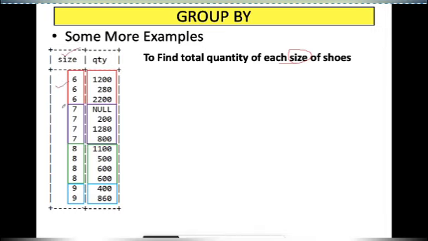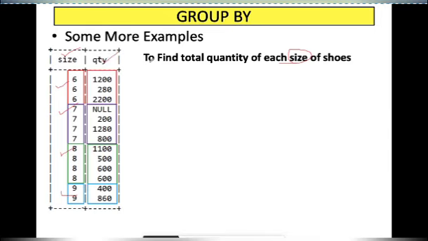If you write select count distinct size from shoes, it will give you 4. There are 4 distinct sizes which are available. So 4 groups will be formed in this case when we are grouping according to size. Then it will find the total quantity. We are referring to the quantity column because we have to find the total quantity here.